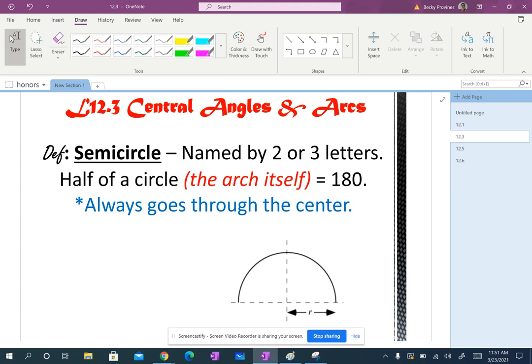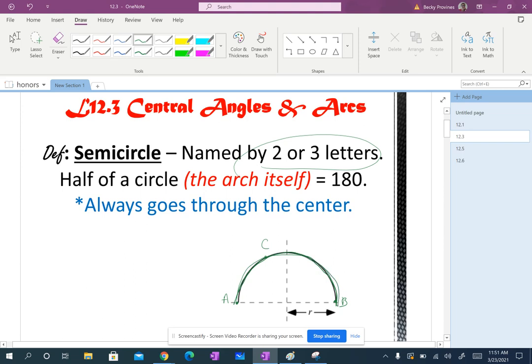Now, the semicircle is a weird one because we can name it with two or three letters. Okay, so there's going to be points on this semicircle. And sometimes there's multiple letters, or sometimes there's just two. Mainly, it's just to avoid confusion. So, on this diagram here, if I only drew this much and wanted you to tell me the name of this entire